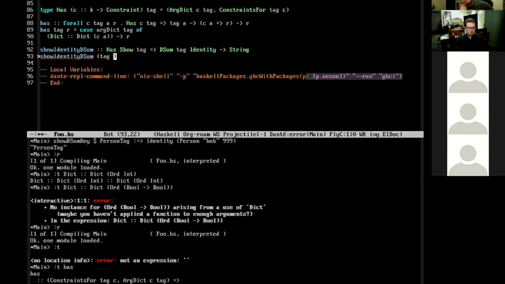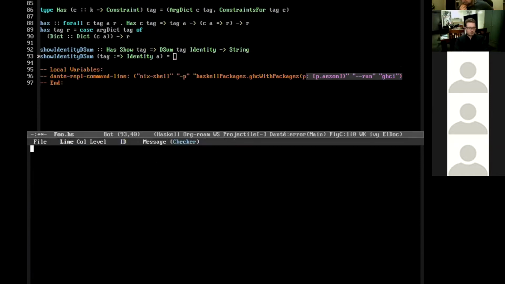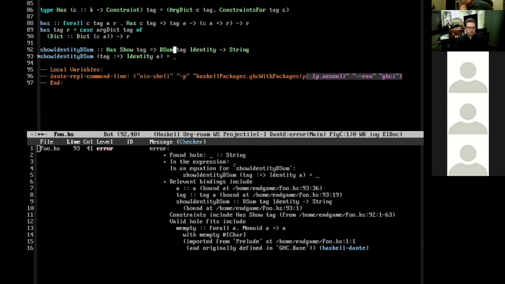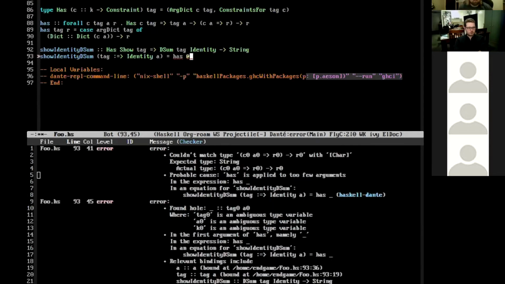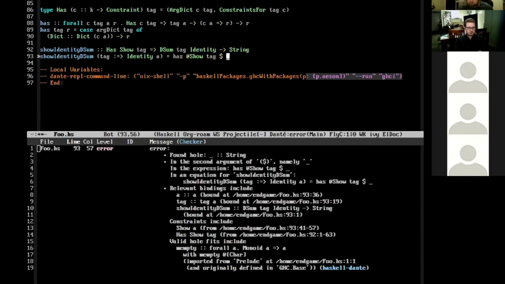We have a dsum value, so we can pattern match on that. And then on the right hand side, we need to construct a string. Switching back to type errors, we can say, because we know that if we say has show tag, then that will bring the relevant show instance into scope.